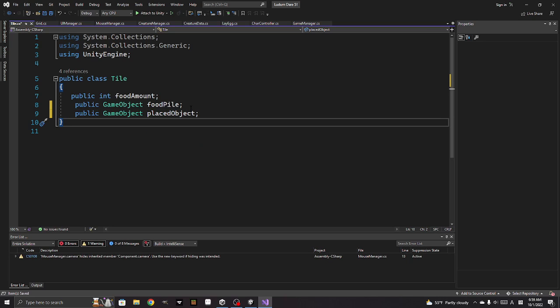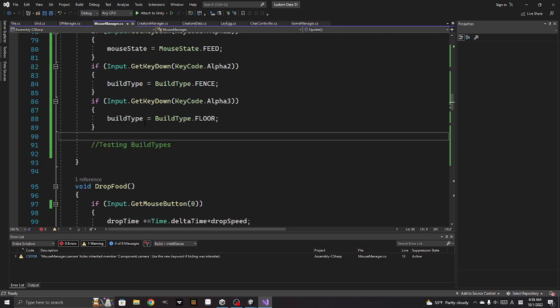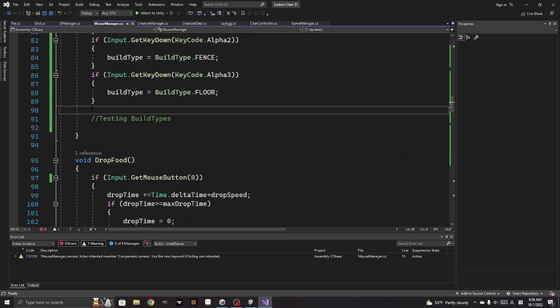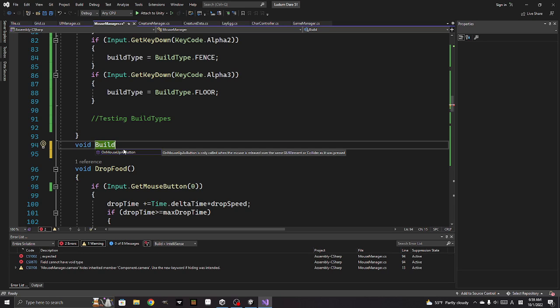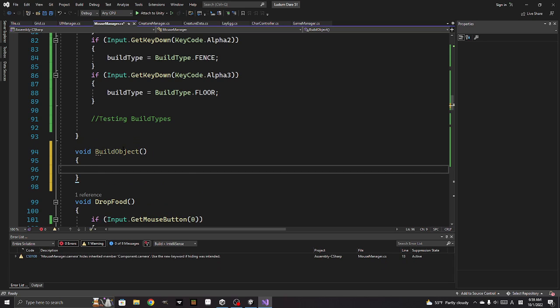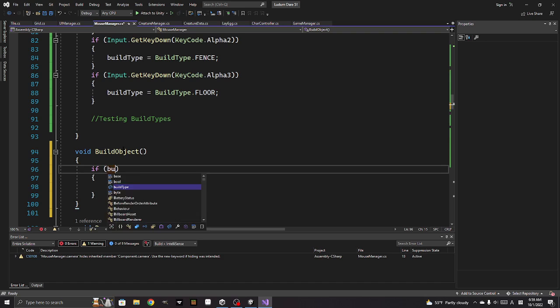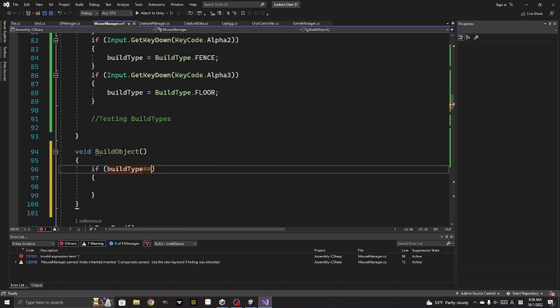All right, so then in our mouse manager, when we get to this build thing, let's do a new void build object. All right, so if build type is equal to